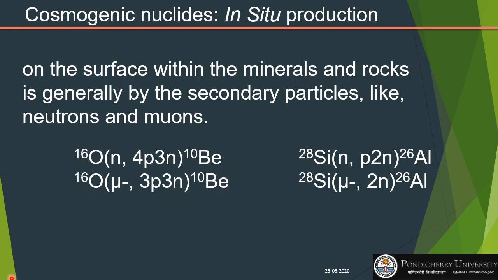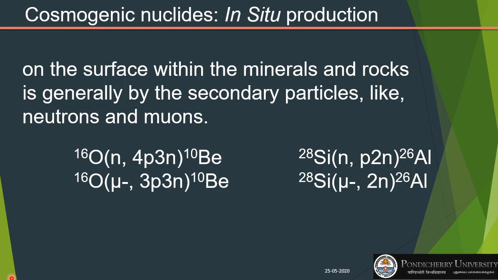If you remember, in the last lecture we talked about cosmic rays and how cosmogenic nuclides are produced. Basically, the energetic particles which we call cosmic rays, when they interact with atmospheric atoms, generate a lot of secondary particles. As they come down in the atmosphere their flux decreases, but many of these secondary particles still reach the ground surface and produce cosmogenic nuclides within the minerals and rocks, which we call in situ produced cosmogenic nuclides.